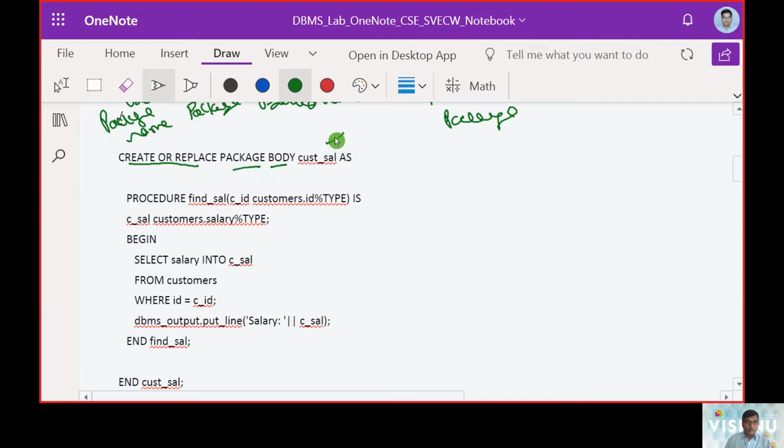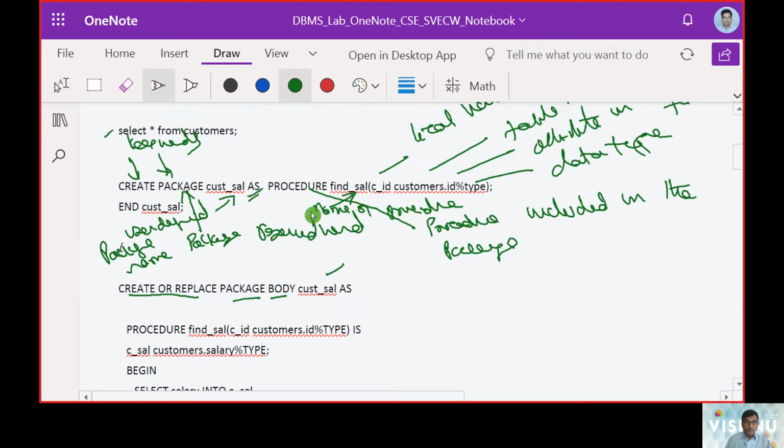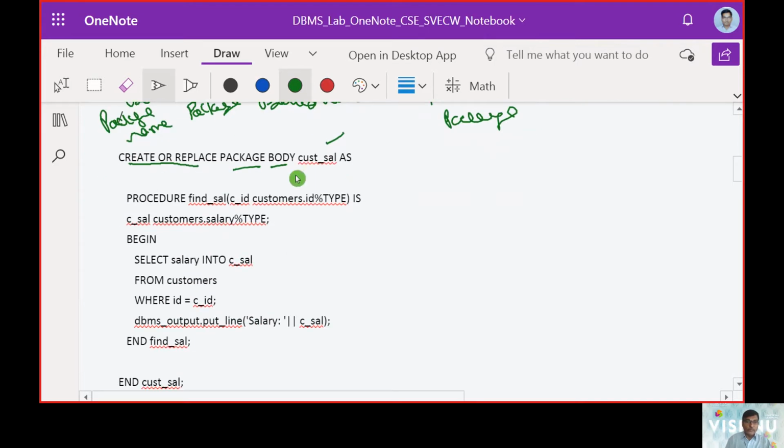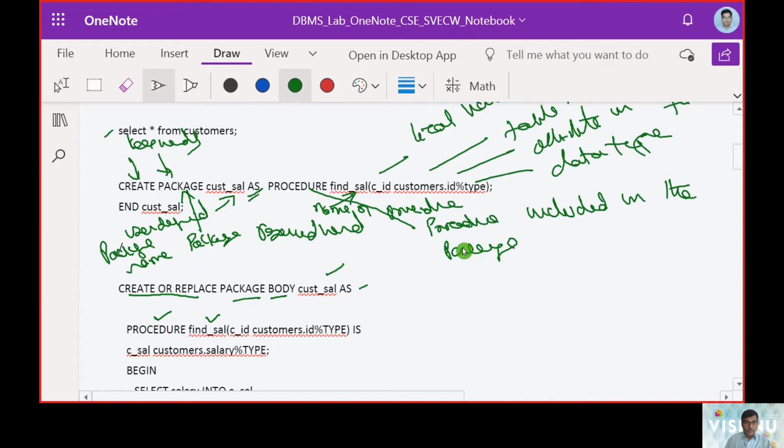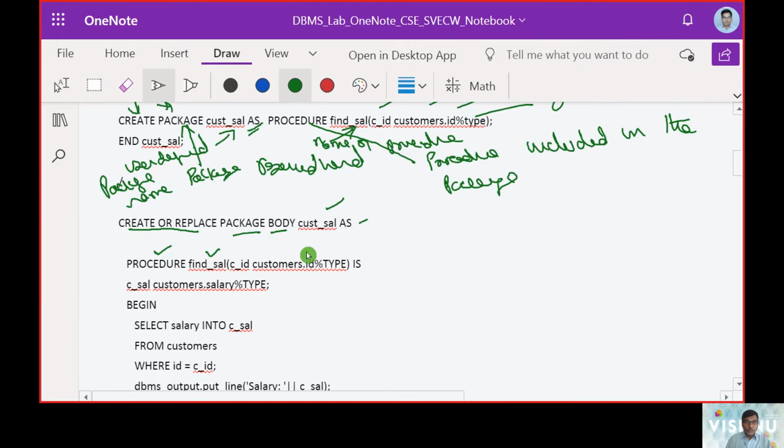Now we have the package definition here, right? Find sal is in the package definition, and the package body is going to include the procedure, that is find sal, and whatever we gave in the definition part, the same things we are now using again.